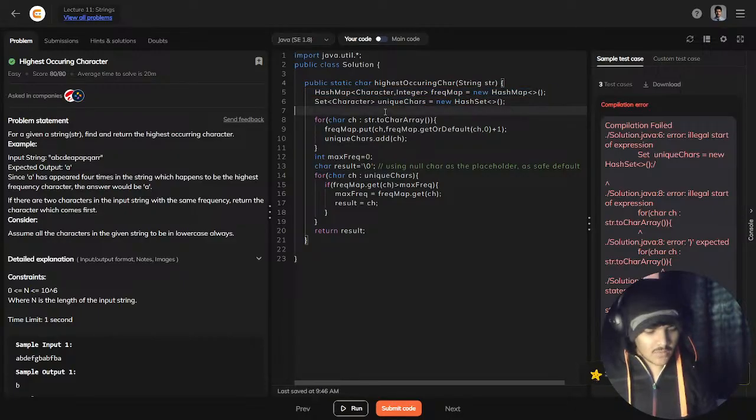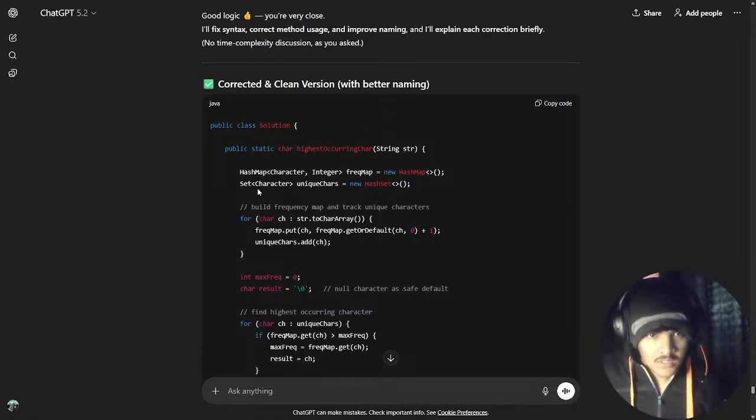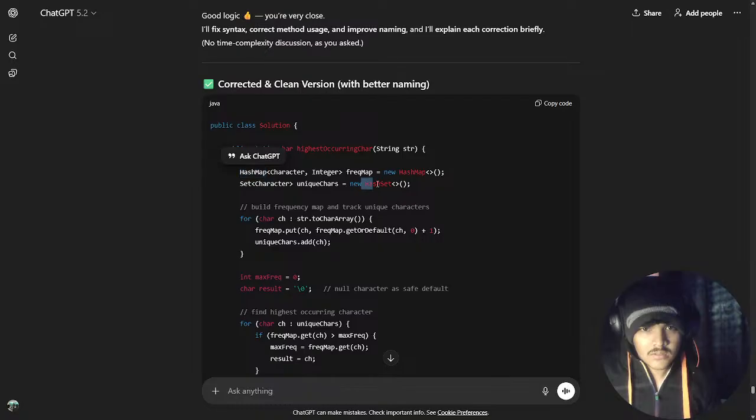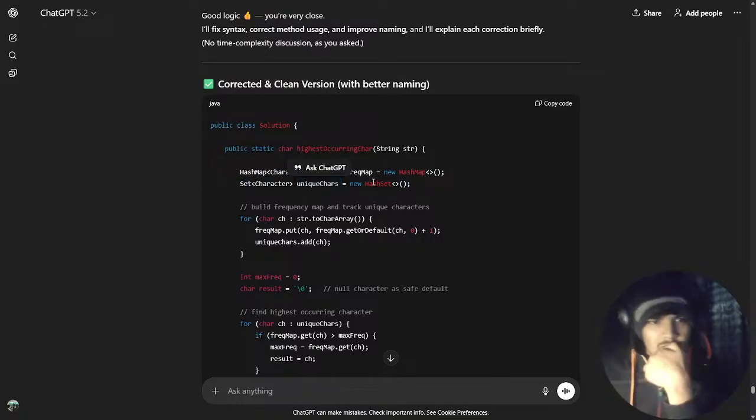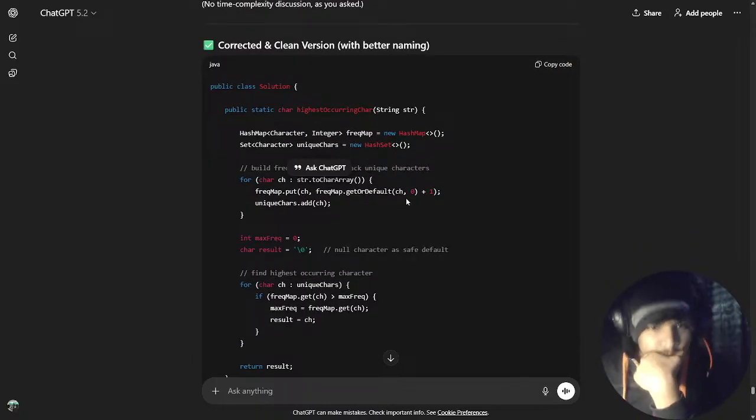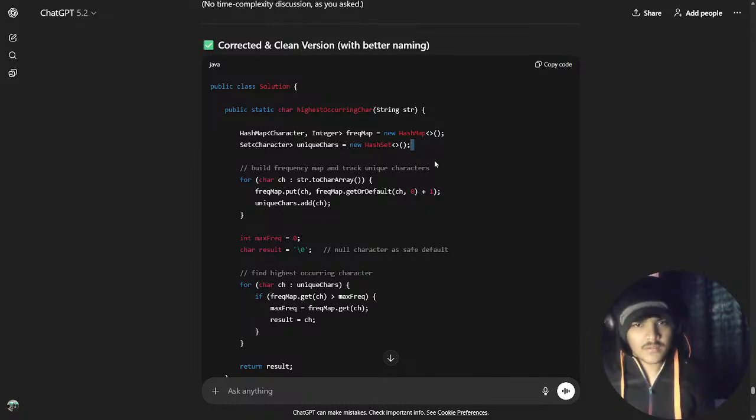Let's quickly check what our friend has to say. So, new HashSet, I think there must be some problem. Where is the problem? HashMap, right? Character, integer, frequency, set, character, unique, HashSet. Where is the problem there? Is there any problem with the